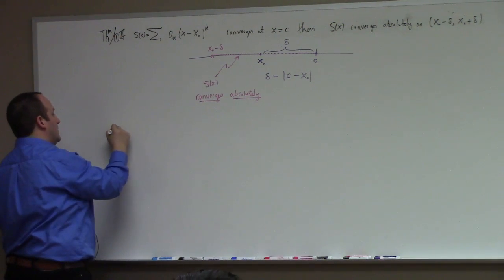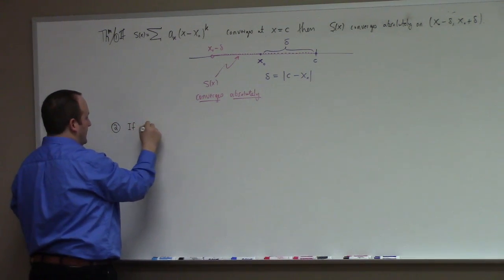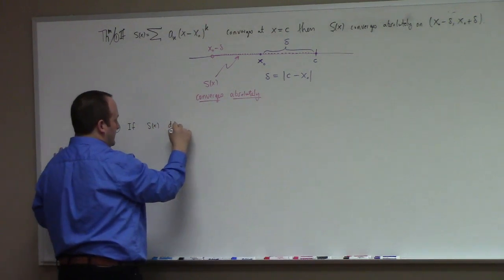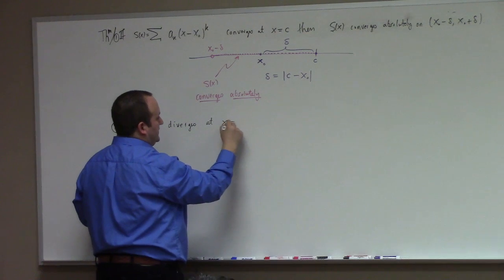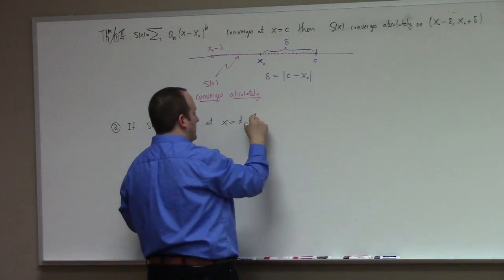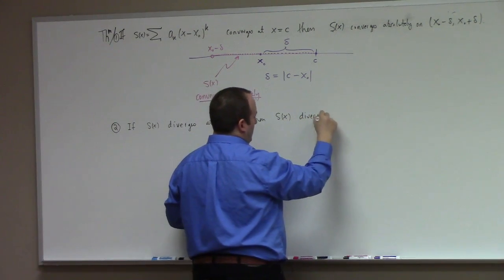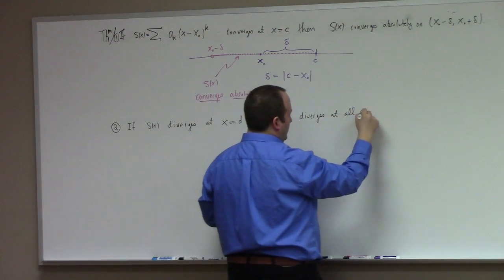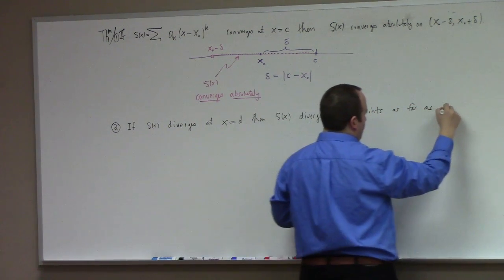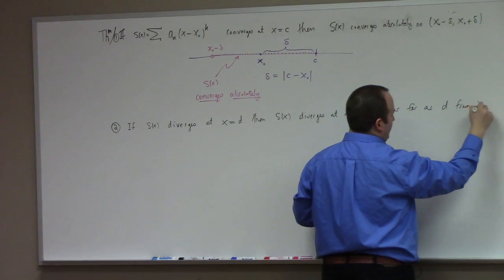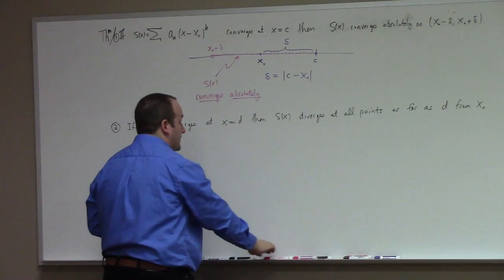Part two of this theorem is that if s of x diverges at, say, x equals d, then s of x diverges at all points as far as d from x naught. That's in words. Let me draw a picture, and then I'll give you an inequality. So what I'm saying,